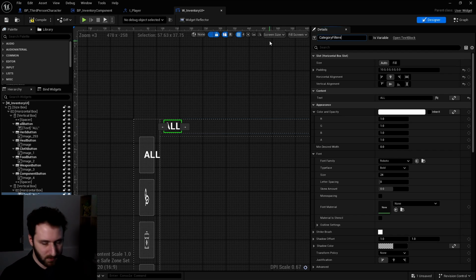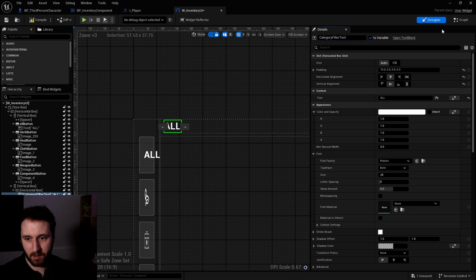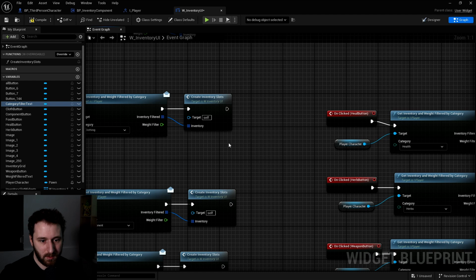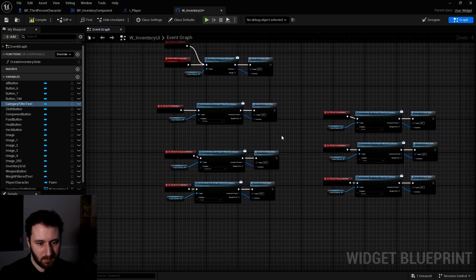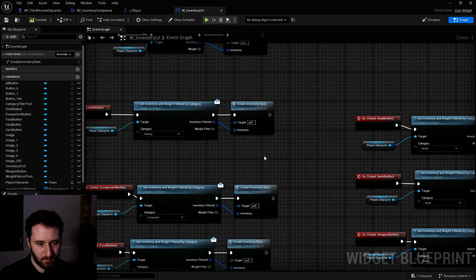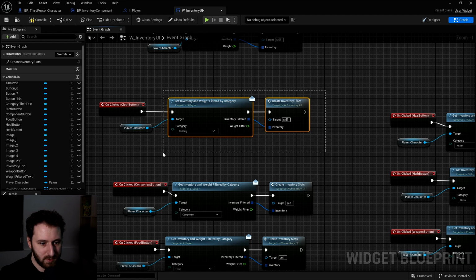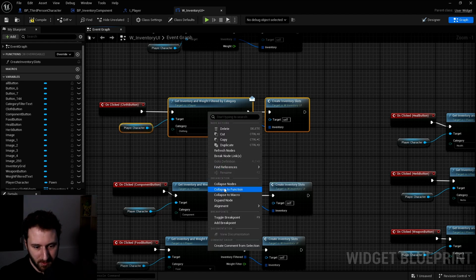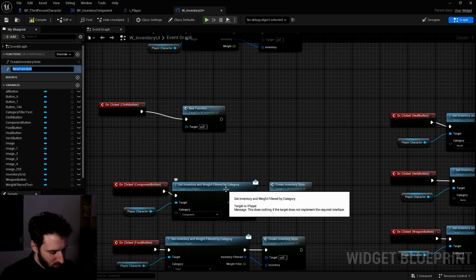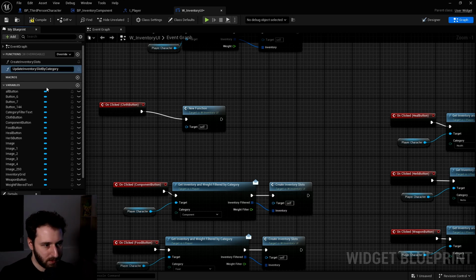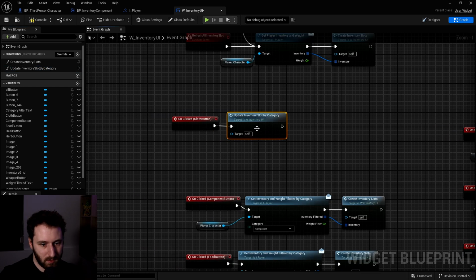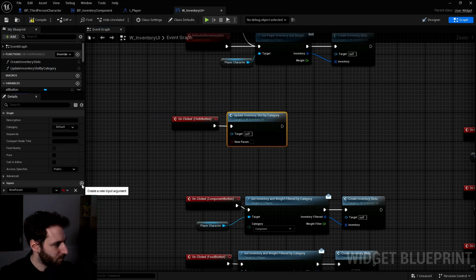Let's go with category filter text, and make this a variable also. So let's put this into a function. It should be better. Collapse to function. Update inventory slot by category. Let's go with this. We need to add the category for the input.